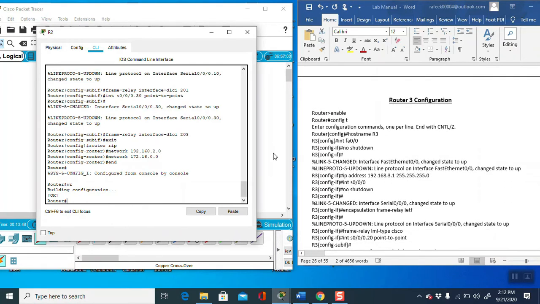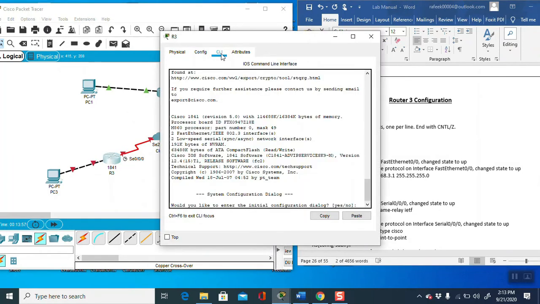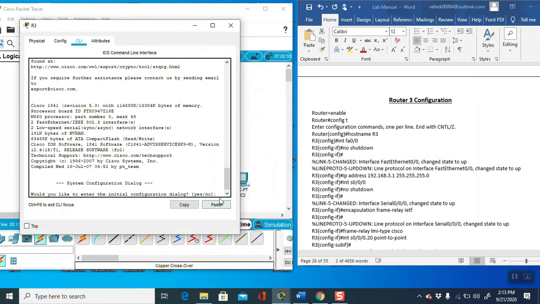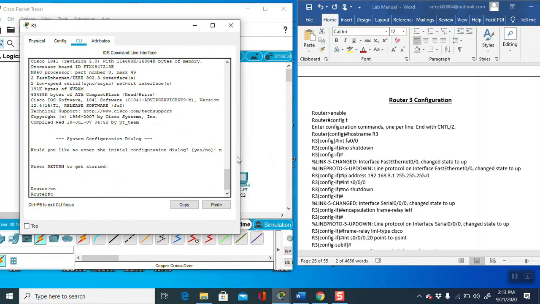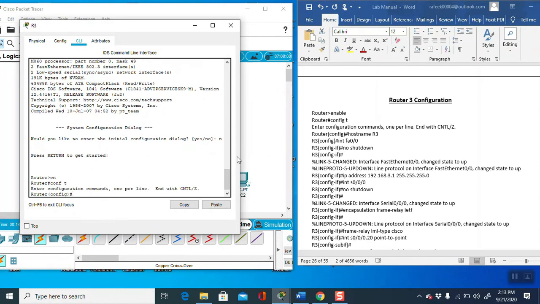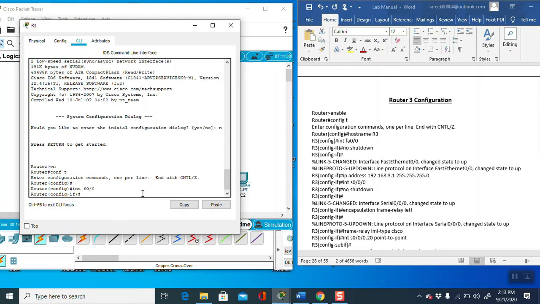Similarly, close this window, and now see the configuration is coming, green signal. Now again go here to router 3, click on the CLI, and here write no to come to the router command prompt. Now again write enable, config terminal as well. Now give the interface int F00, no shutdown.